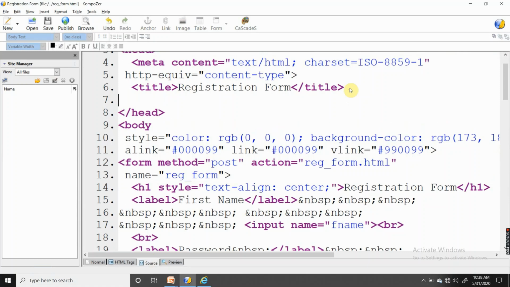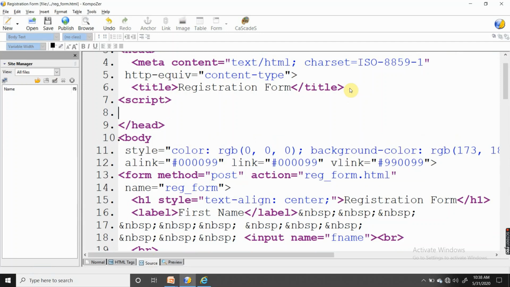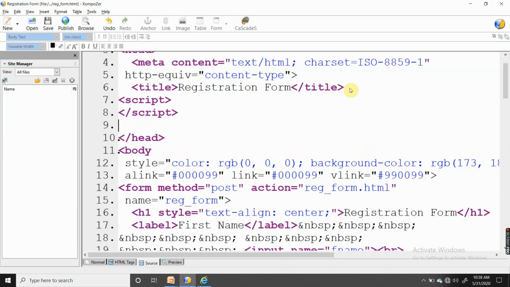JavaScript code is inserted into an HTML page using the opening script tag and closing script tag. Fine. You can place it inside the body tag or head section, but generally it is preferred that the code be placed inside the head tag. Don't forget to write the script tag because we are going to use JavaScript. We need the script tag.